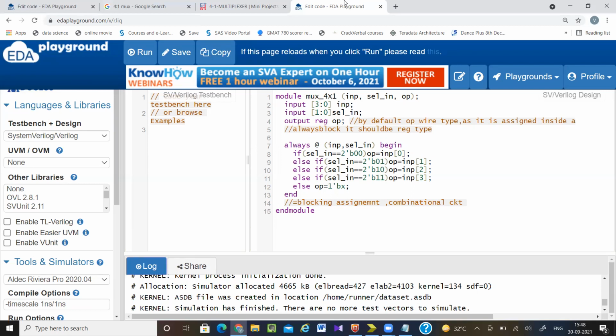But what kind of circuit will it generate? Just by looking at the code, you cannot say there will be an AND gate, an OR gate, a MUX or an adder. You don't have any idea what kind of circuit it will generate. It depends on the tool. A tool may generate a 4:1 MUX, or it may generate some AND or NOT combinations. So in behavioral modeling style, we are just describing the behavior of the circuit. We don't have any idea what kind of components are used. It depends on the tool.